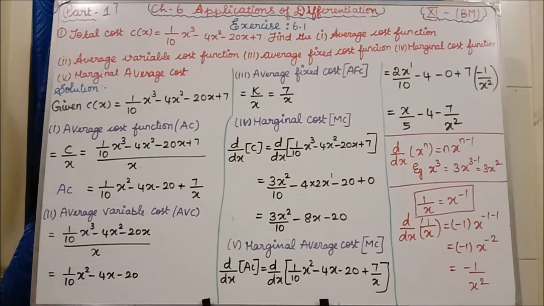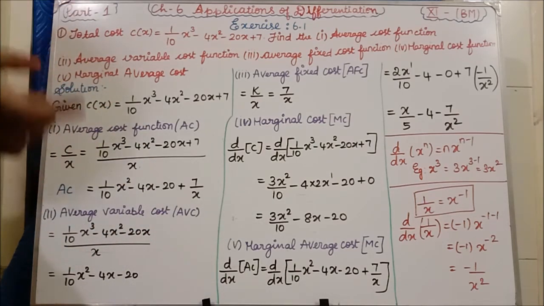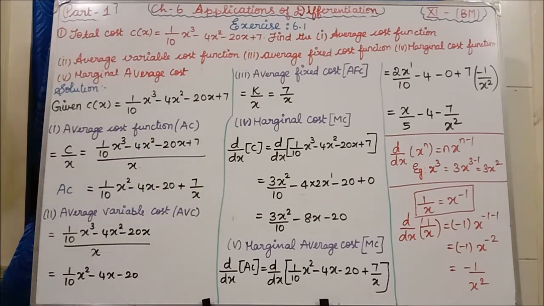See, now the second question: average cost when the output is 10 units. So output is 10 units means after finding the average cost, you take x equal to 10. Output is nothing but x. So wherever you have x, you have to put 10 and find the answer. That is the difference between the first question and the second question. In the first question we have only the cost. In the second question they have given the output value, and we are going to substitute in that question only. Clear, all of you, the first question? Yes, next we will see the third question.